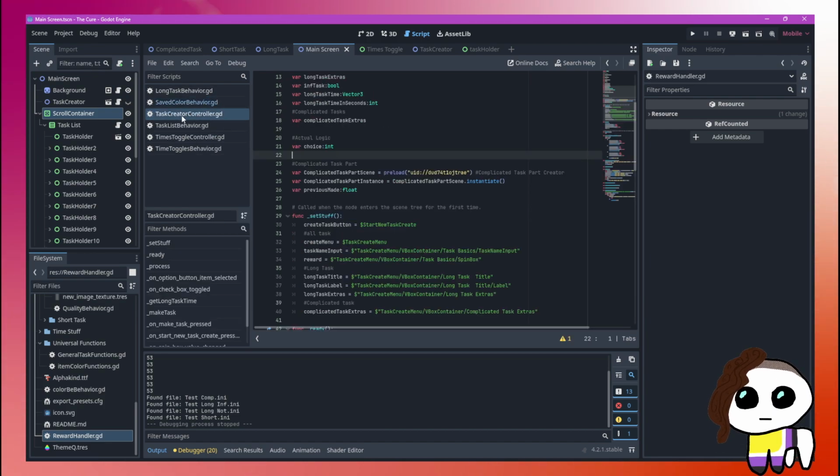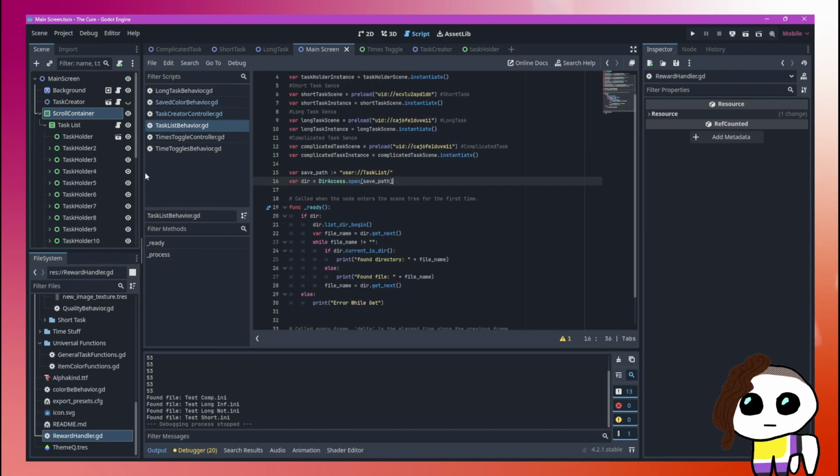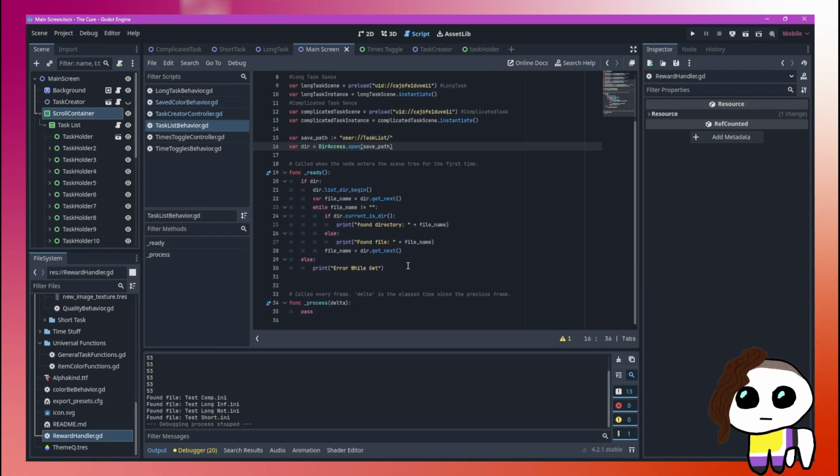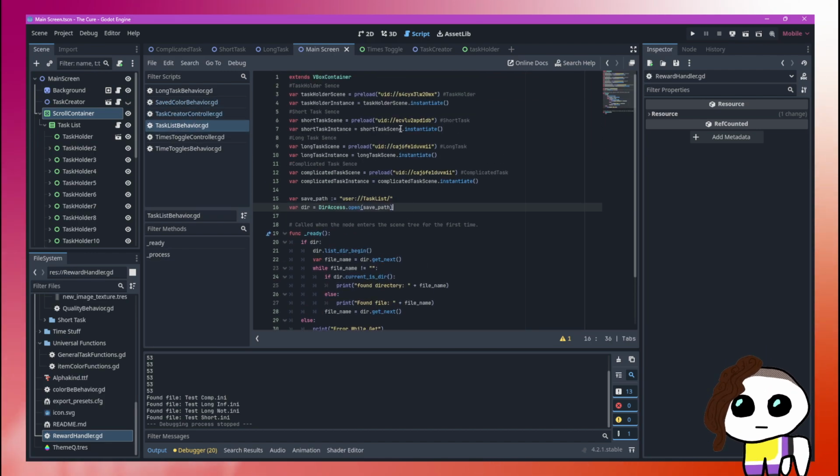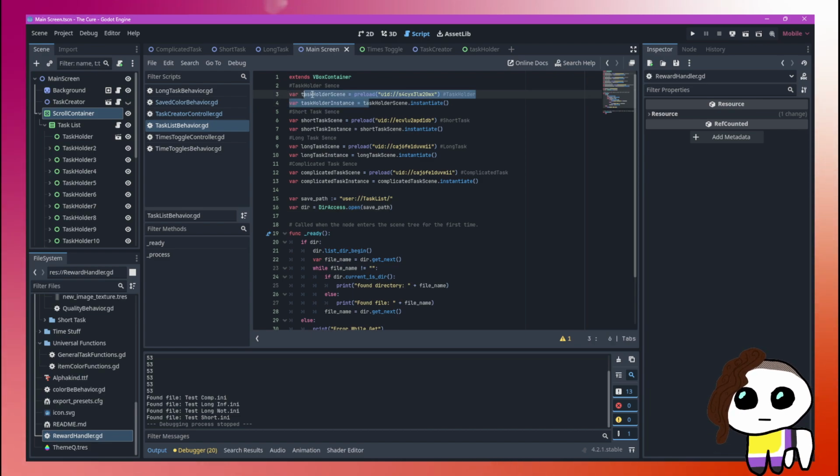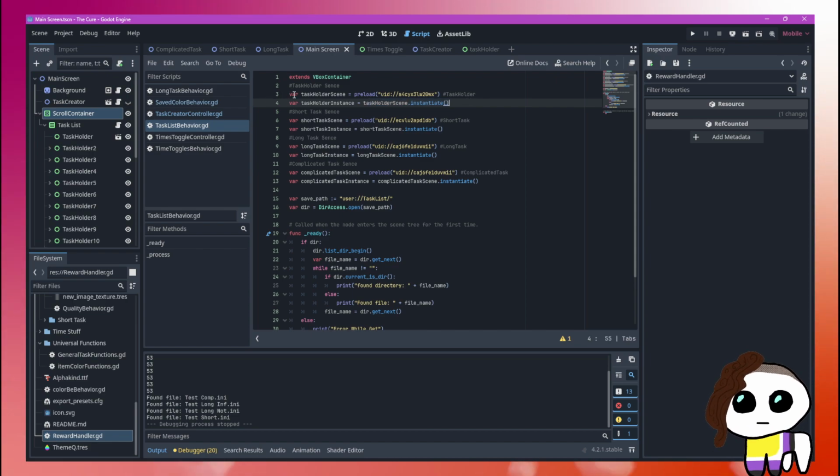And then today, what I've been working on is task list behavior. I'm just trying to get it set up so I know how to do it. So far, what I've done is I've made it so that this code gets all of the scenes for